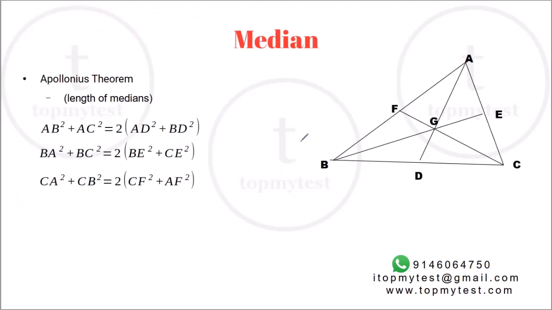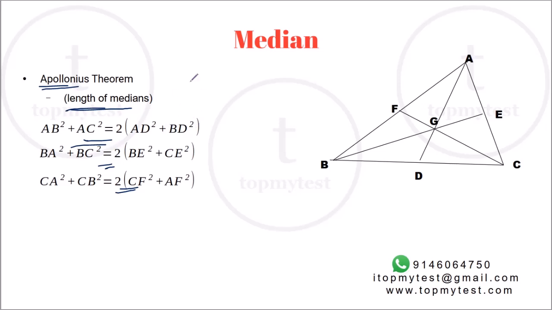Now, another property which is usually there in most texts, but it has not been asked in CAT for ages, and the only time it has probably been asked in recent exams is in IFT in the early 2000s. This is called the Apollonius theorem, right? It helps you calculate the length of the medians if the three sides are given to you. If you know the measure of the three sides, you can figure out the length of the medians. It's pretty straightforward to work out. You can get the proof in most texts, so I will not be discussing much about this.